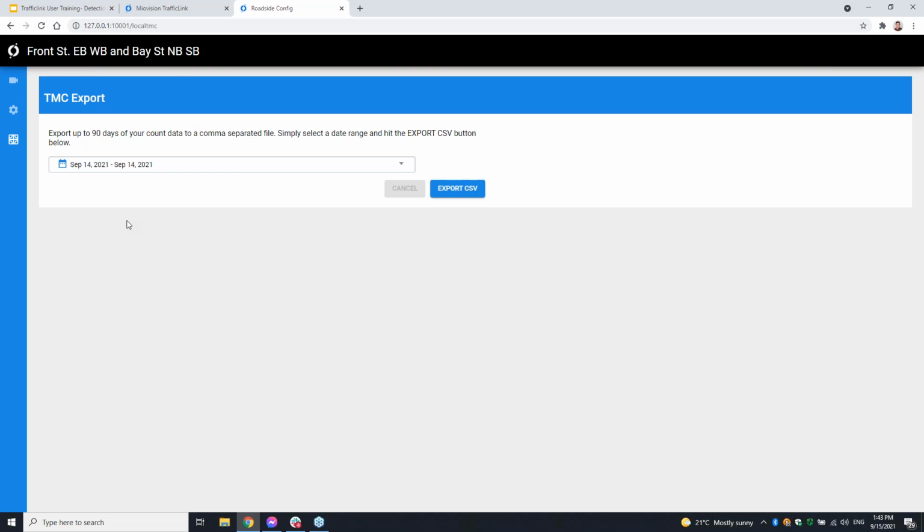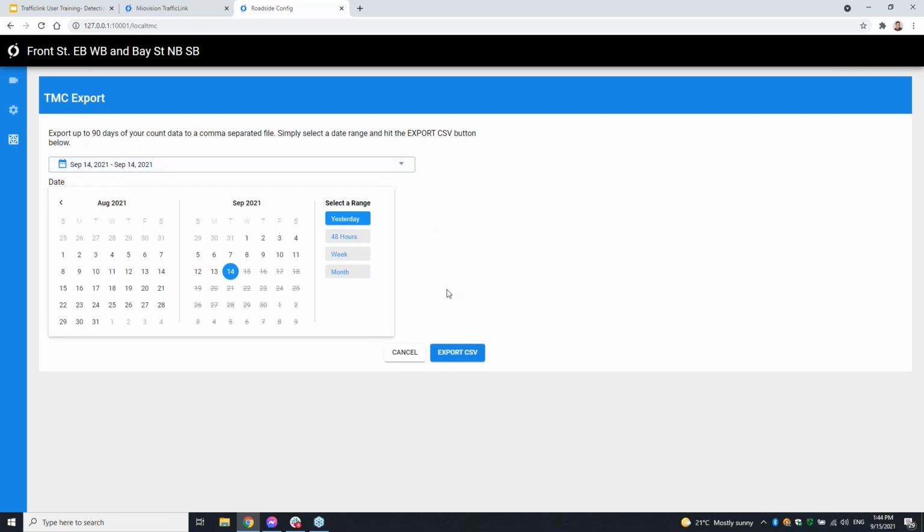So this allows you, if you so wanted to, to drive around collecting your turning movement counts and not need the cost of a subscription. It does save you some time, but you're limited to about 90 days' worth of data, and otherwise it's not saved. So this is a handy option to use if you're on a fiber network and you just want to download some simple reports.